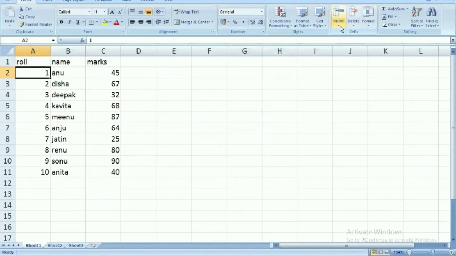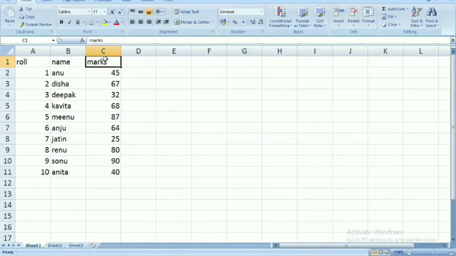In the Cells group we use the Insert option for inserting rows, columns, sheets and cells, and likewise Delete for deletion. For example, if I want to insert one row before this Marks column, then firstly we have to select it. Wherever I want to insert a new row or column, firstly we have to select it.